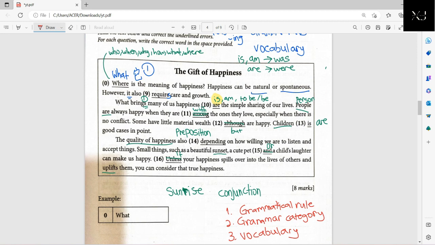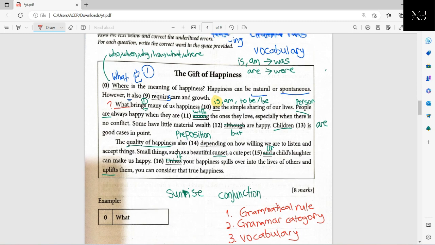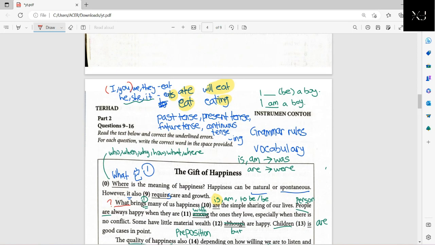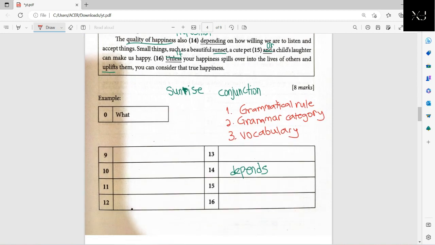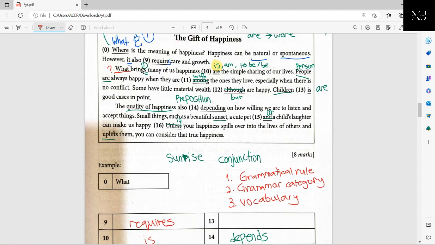Alright, so the grammar category. What brings many of us happiness? We don't know how many things this is. How do we know that the answer is and that it's talking about one thing? Because of the word brings right here. Remember, I previously said that if it's just one thing or one person, we have to have an S after the action. So same thing for this one. So that's why we know it's singular, it's one thing. So for number 9, the answer is requires. Number 10, the answer is